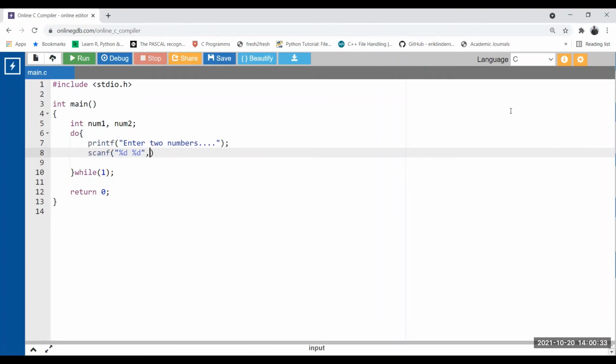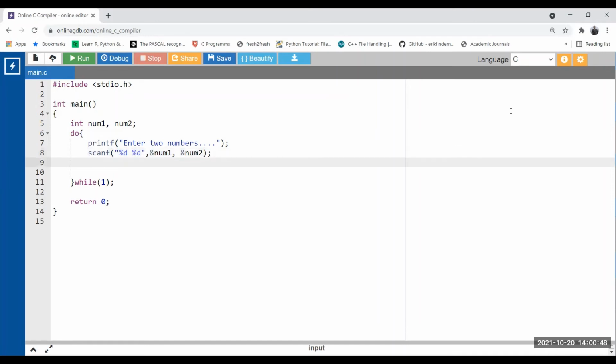These are space separated values. What is space separated and what is comma separated was already discussed in the formatted input output video. We'll put the link of that video in the description of this lecture. Our input is ready. So what I want to do is simply print the sum of these two numbers.